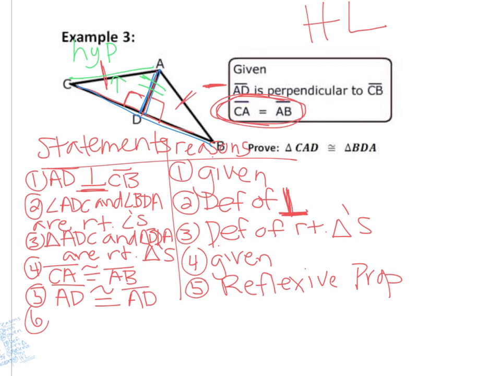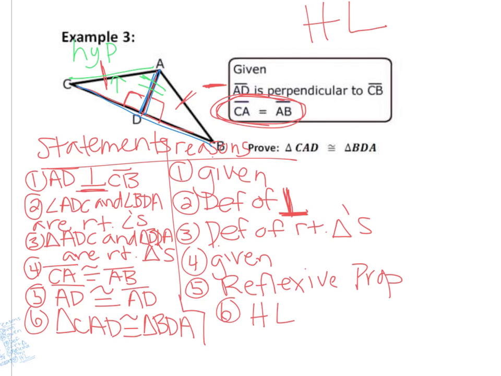So why are the triangles congruent? Triangle CAD is congruent to triangle BDA. And the reason? Hypotenuse leg. The hypotenuse, the long sides of the right triangle are congruent, and a leg, just another side, is congruent. So if I'm looking at the next proof,